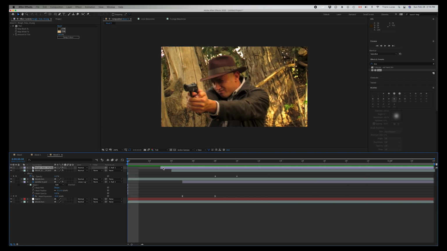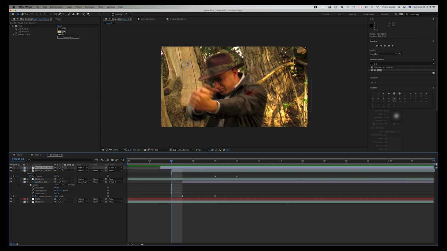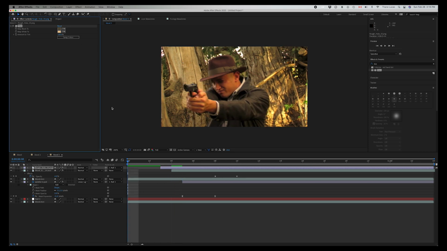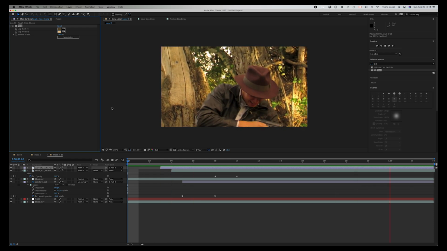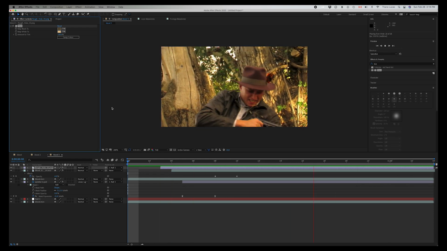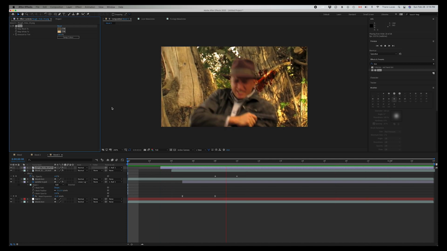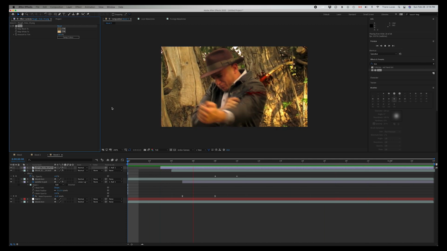I'm not too sure about my coloring, but that's not bad. I think I made it too dark. Let's just come over here for that color. Oh, that's too bright. Let's see. Yeah, there we go. So that's one feature about using a null object